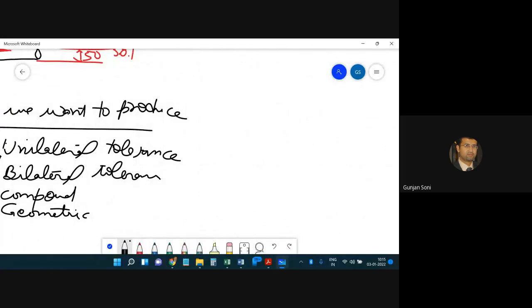So in the unilateral tolerance, the tolerance distribution is only on one side. So what do I mean by distribution? As soon as I use the word distribution, it refers to the kind of normal distribution which we have done, like the different sizes which will be produced will follow a certain distribution. Because multiple observations are there, they'll be distributed. That's why we are using the word. Unilateral tolerance is when your tolerance is distributed only on one side of the basic size. For example,